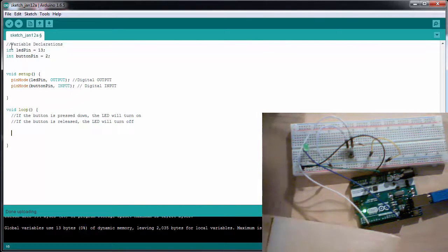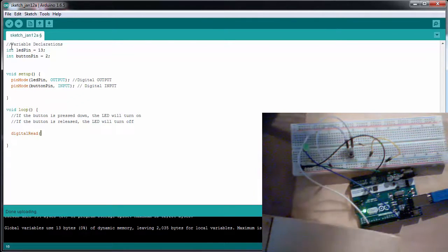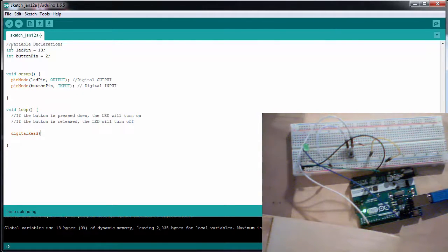Every time through, we want to read the state of the button and turn the LED on or off accordingly. And we're going to read the state of a button with this command called digitalRead. digitalRead takes in one parameter, and this parameter is the pin we want to read, which is my button pin. So if this digitalRead is equal to 1, which means the button has been pressed down,